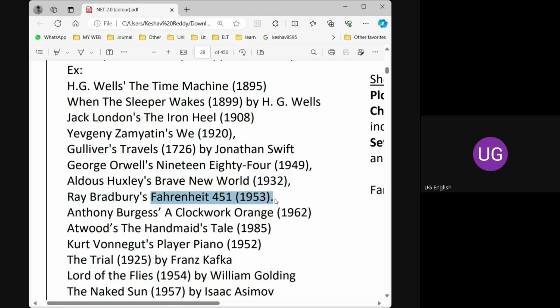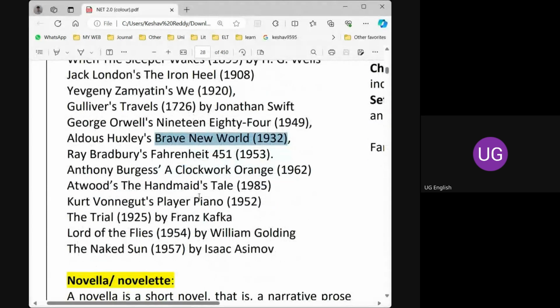books are burned. The books are banned in the world, and if any person has a book, they will be punished, and that house will be burned. So this is a very important work by Ray Bradbury. This is Brave New World, a very important work. And here the babies are grown in hatcheries